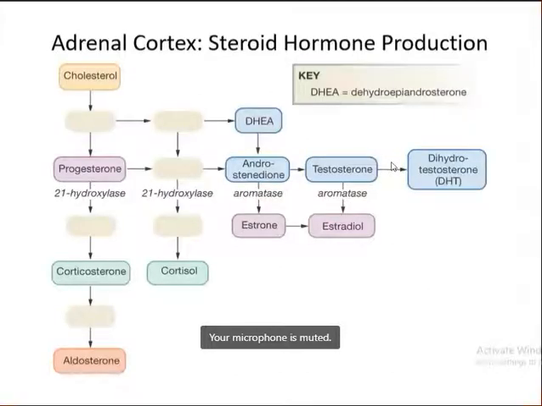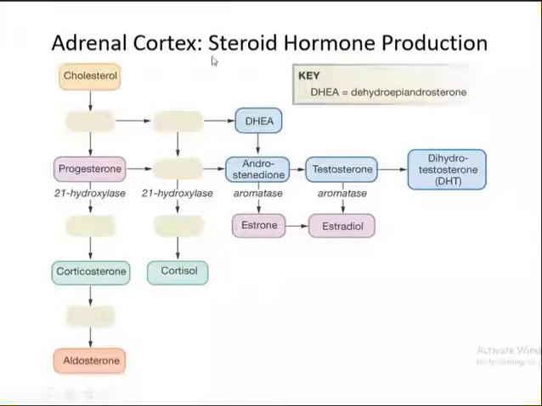So you should read yourself also. For examination purposes, you can sketch the pathway of testosterone biosynthesis. You can sketch this pathway, not the aldosterone and cortisol one, but this way. In the examination you can write like this.